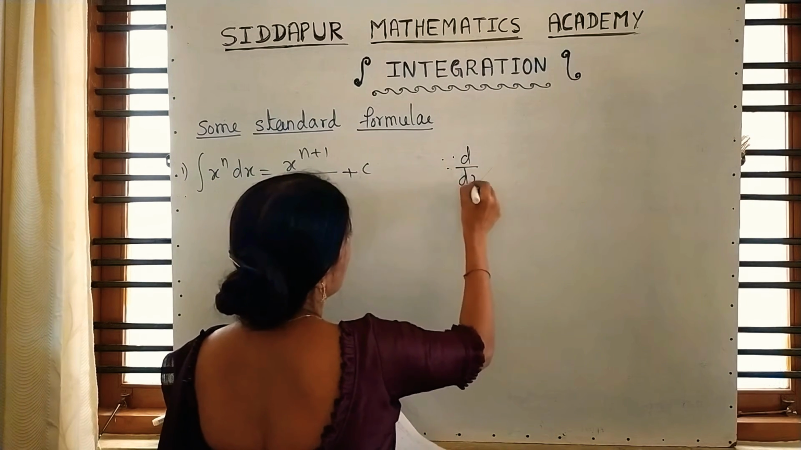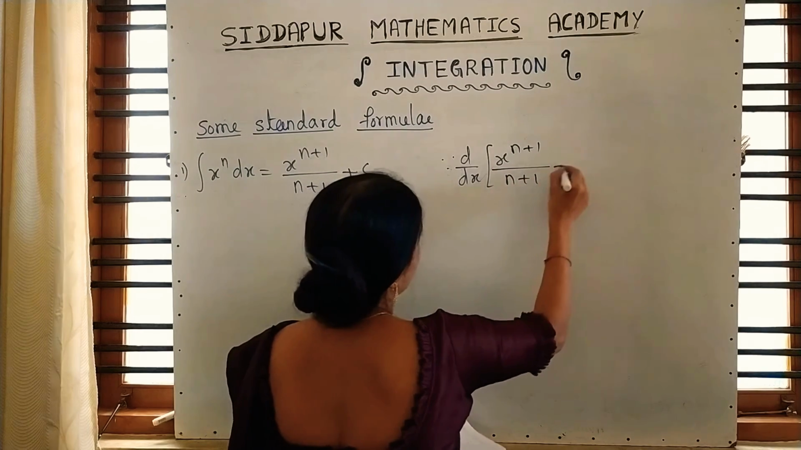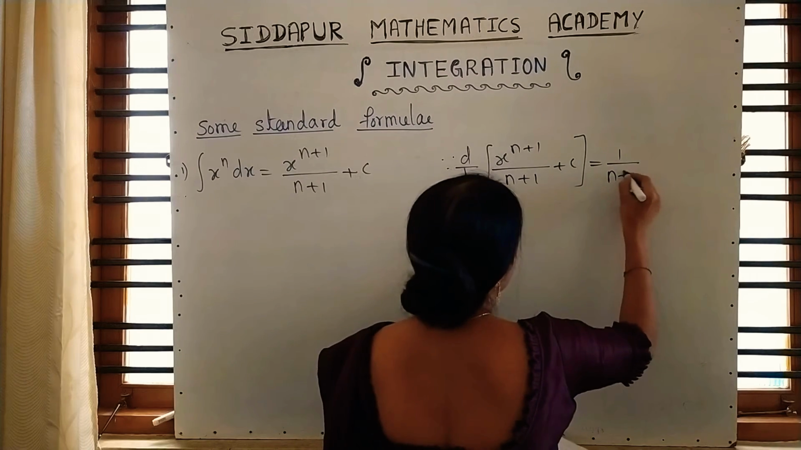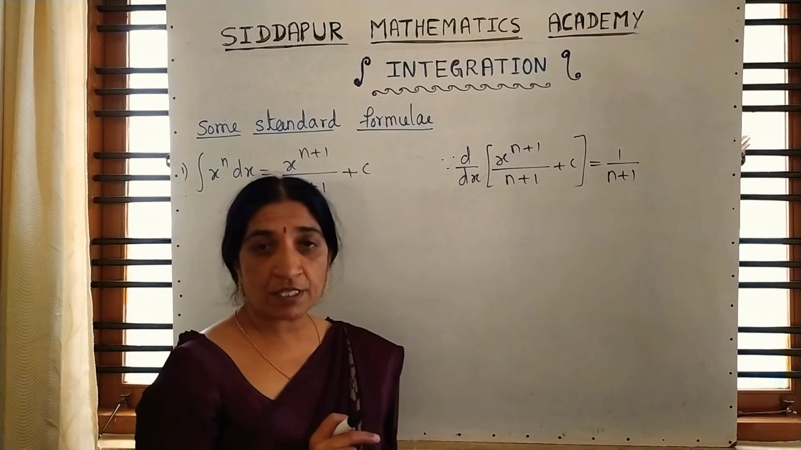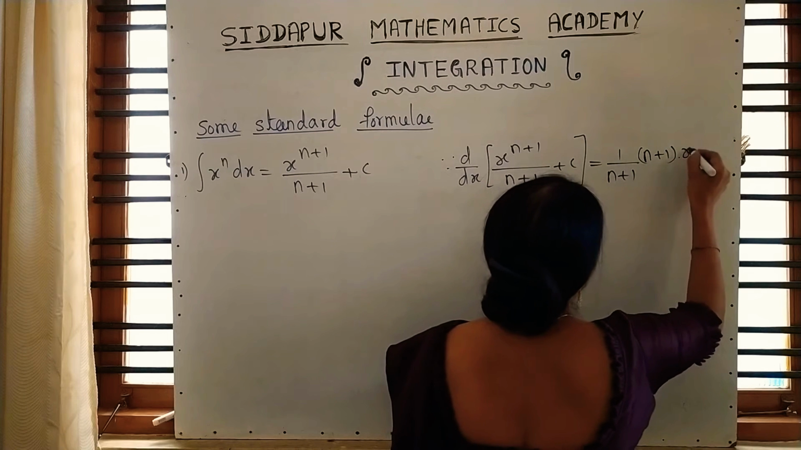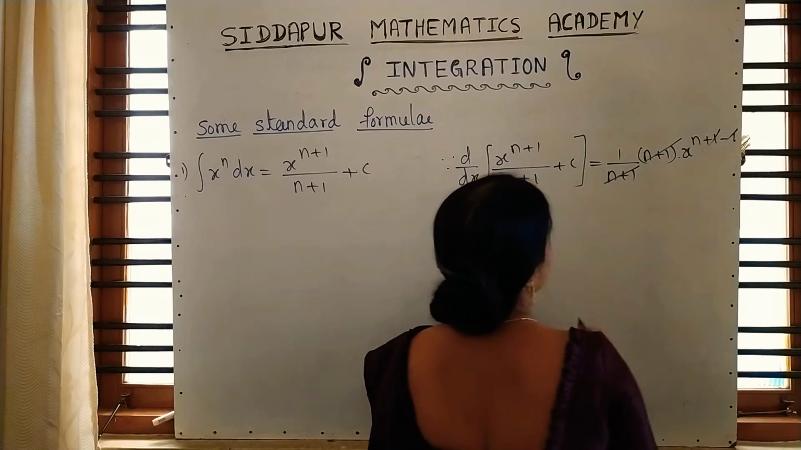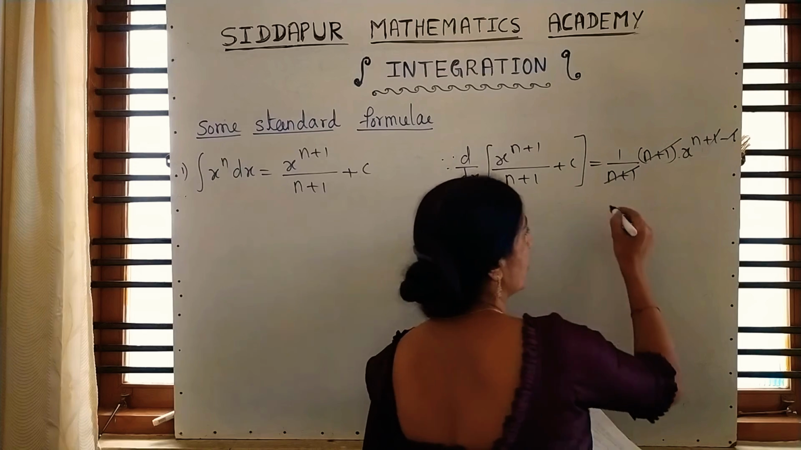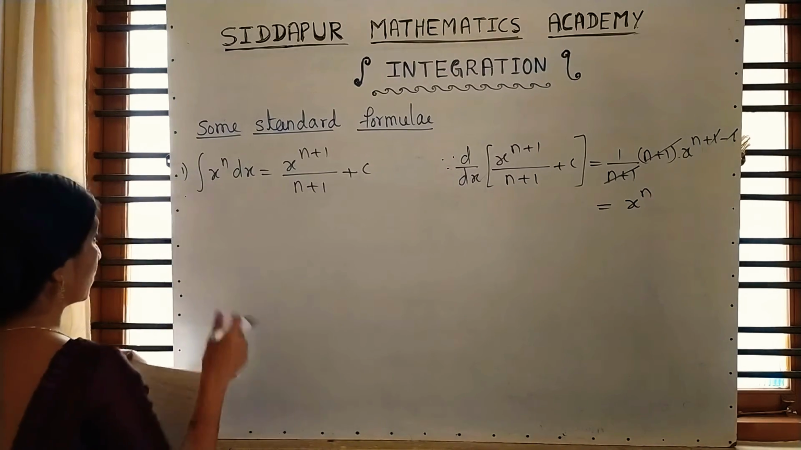If you differentiate the right side part, what will be your answer? Here 1 upon n plus 1 is a constant, keep it as it is. X raised to n plus 1, differentiation of x raised to n plus 1: n plus 1, x raised to n plus 1 minus 1. Plus 1 minus 1 cancels. Here n plus 1 cancels. Plus c, differentiation of c, c is a constant, that is 0. So what is remaining? X to the power n is remaining. Understood? Second one,